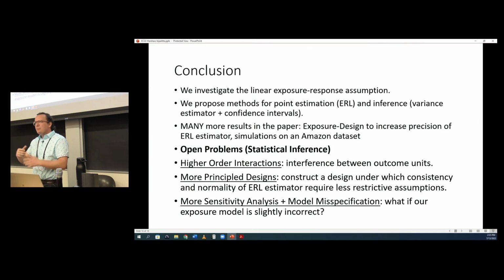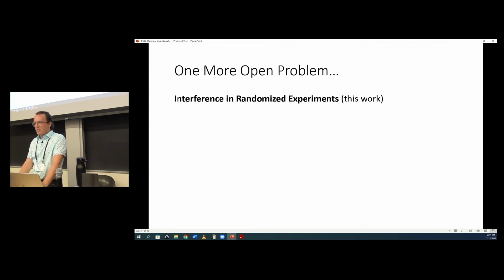I talked about it a little bit, but we'd like to have better sensitivity type of results. If your model, the linear exposure response assumption, is wrong, how wrong are your estimates? In particular, those confidence intervals are very hard. There's some work out there that addresses something like that, but I think it's still very much an open question. I'd like to end on one more open problem here, which is about 2 communities that are looking